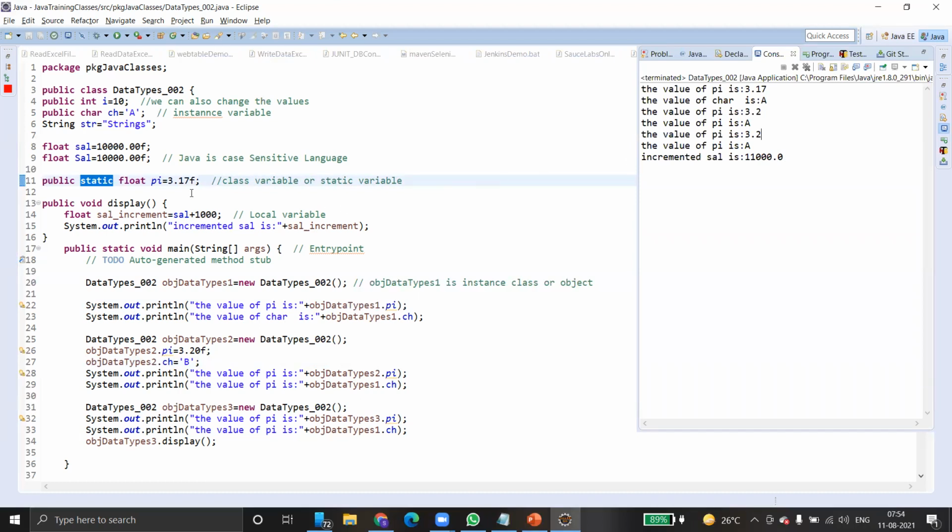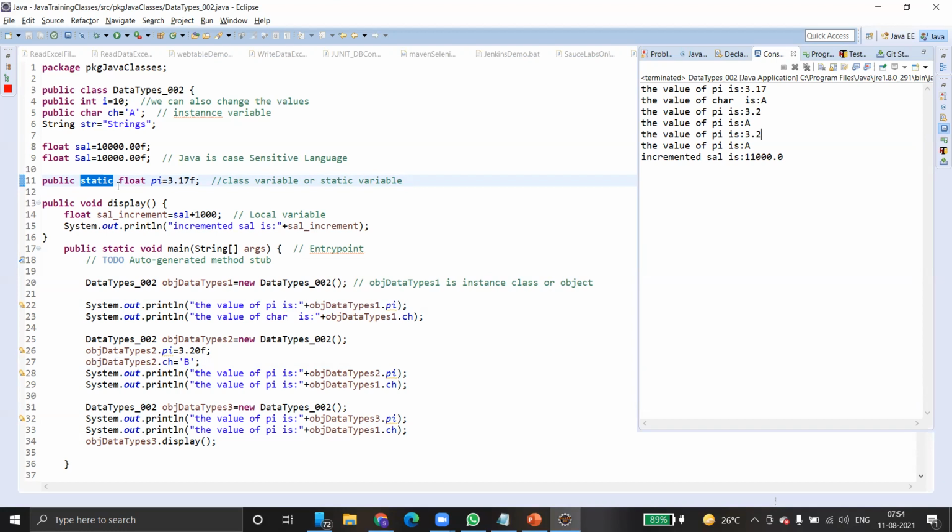That is the difference between an ordinary variable and a static variable. Static variables act as class level variables. Whenever you create a new instance of the class, the updated value gets reflected. The first value 3.17 is taken as it is. Again, we have created a new instance here, and we change the value to 3.2 and print it. Absolutely fine, 3.2. But what happened the third time? If you create another instance for the same class and print the pi value, it is not reverting back to 3.17. It is still using 3.2. The reason is it is a static variable.